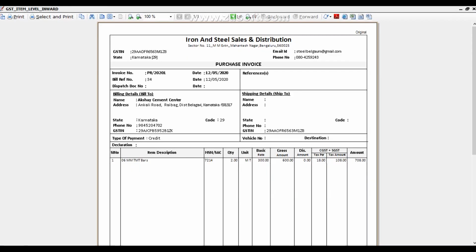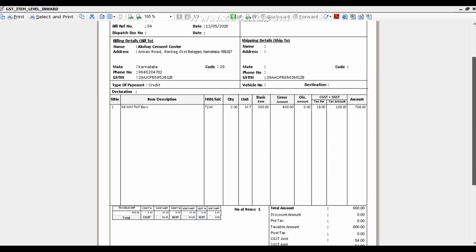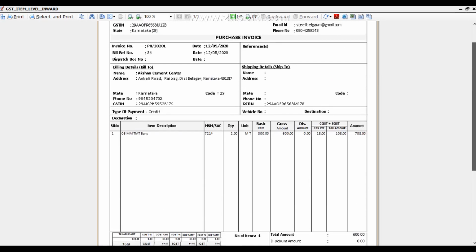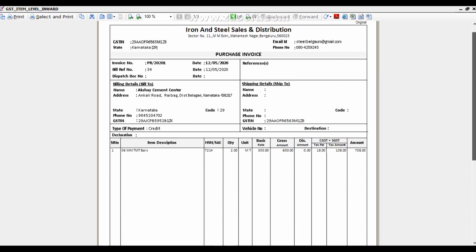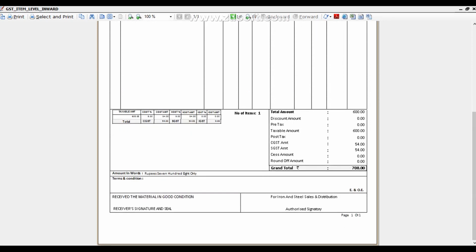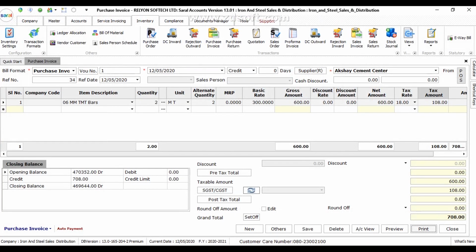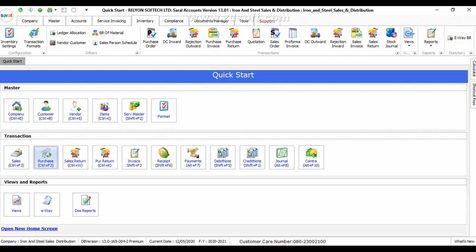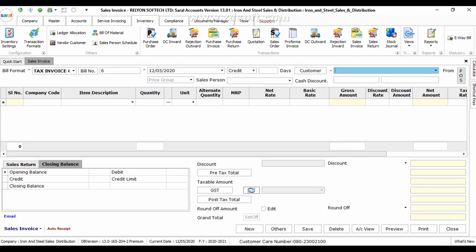See, this is the purchase invoice, you can see. Then we will see the sales invoice.